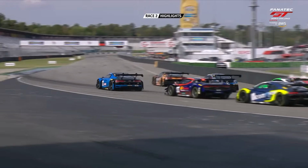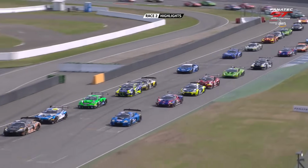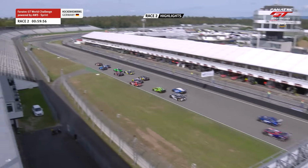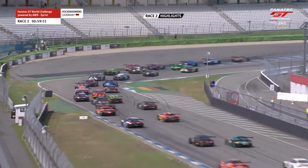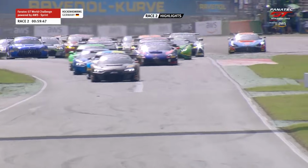And as the cars accelerate up towards the line, race 2 of Fanatec GT World Challenge Europe, powered by AWS Sprint Cup, is go, and a very good start is made by Matteo Drudi from pole position, but Marcello jumps ahead of Niederhauser to go second as they dive down towards turn 1. They run wide over the curb, but it's going to be Audi, Mercedes, Audi, Marcello with a really good getaway